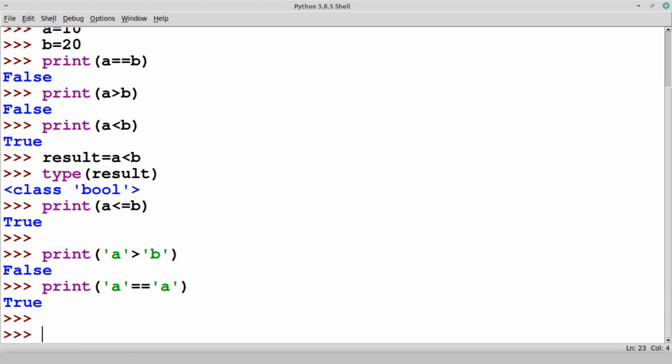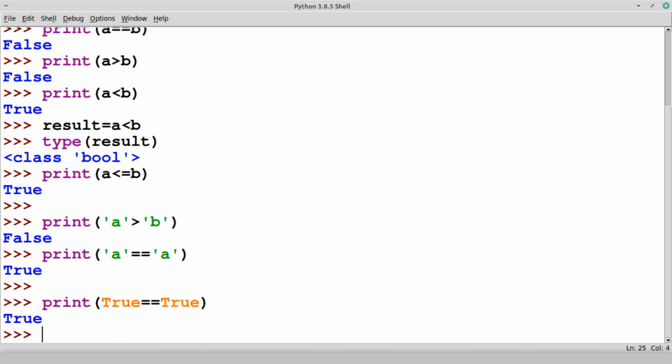One more example: not only strings, but you can also use the boolean value itself, because internally it is doing comparison related to this. So True equals equals True, so we can also compare boolean values.